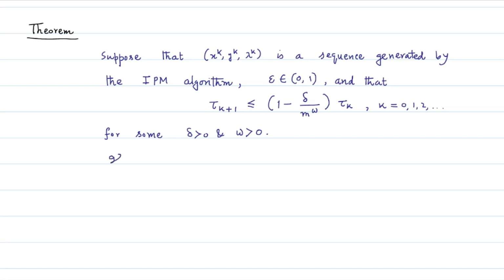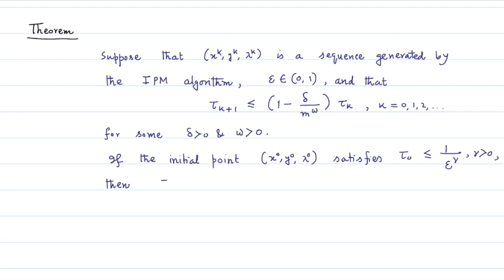And then if the initial point satisfies that your value of tau naught is less than or equal to 1 divided by sigma to the power nu, for a positive nu,